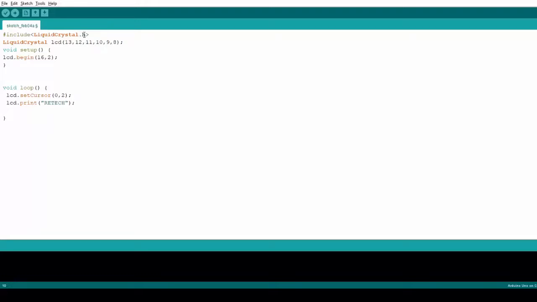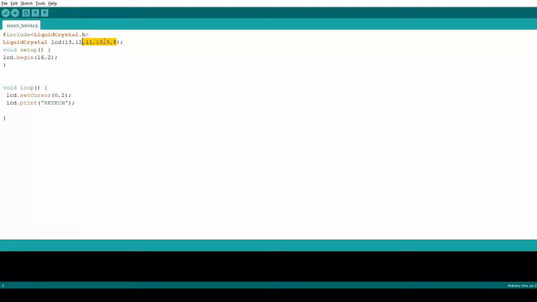Then, as with the previous sensor connections, we first have to initialize the pins connected to the controller. So here I am writing LiquidCrystal lcd of 13, 12, 11, 10, 9, 8.